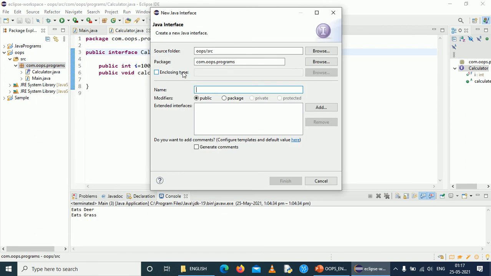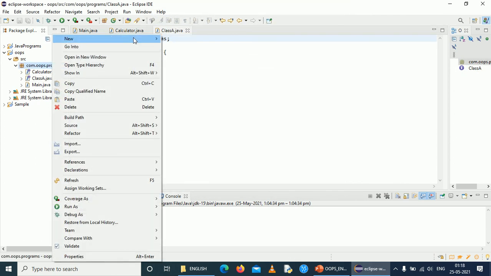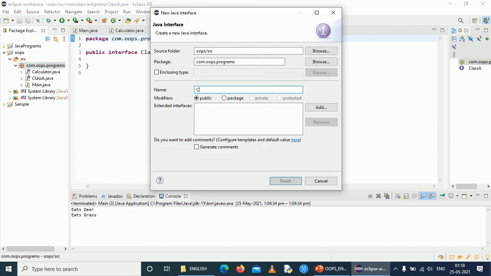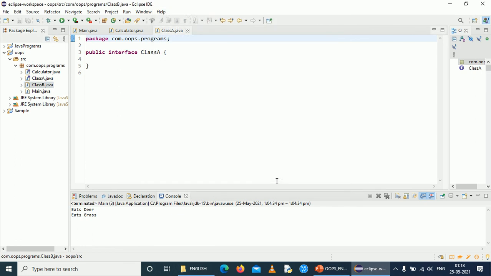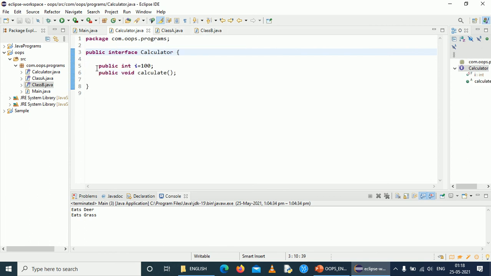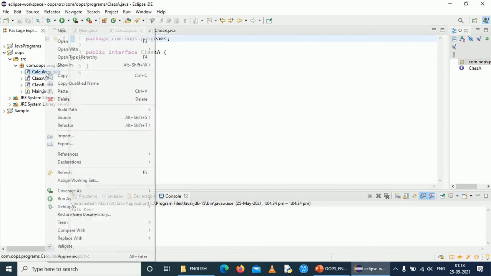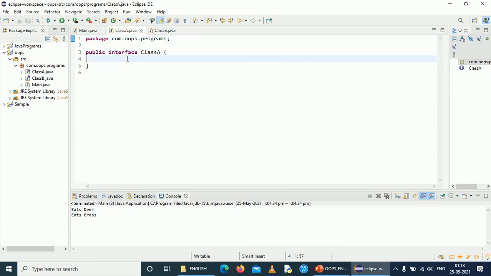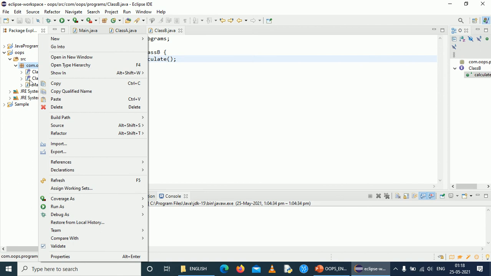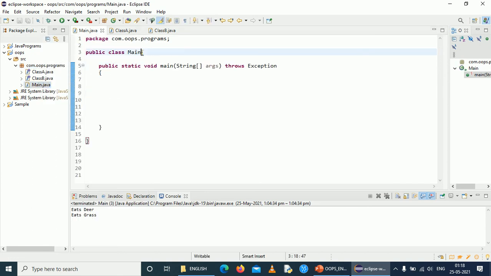Interface A, and interface B. I will have the same method calculate in both interface A and interface B. I will try to inherit from interface A and interface B into the main class.